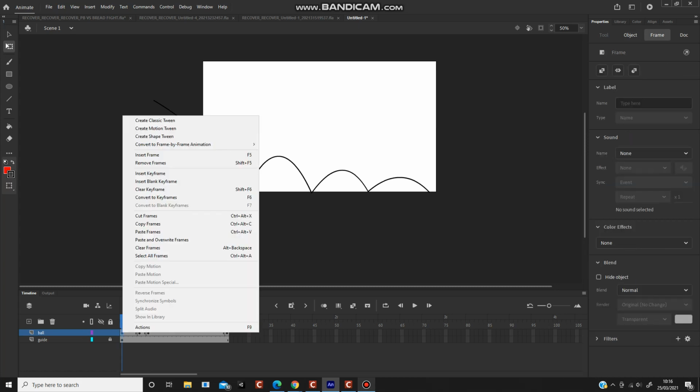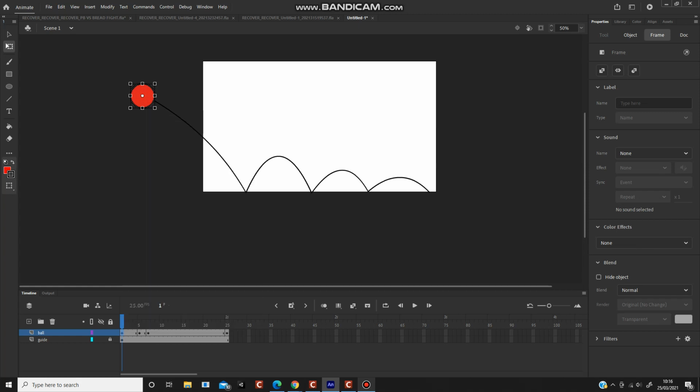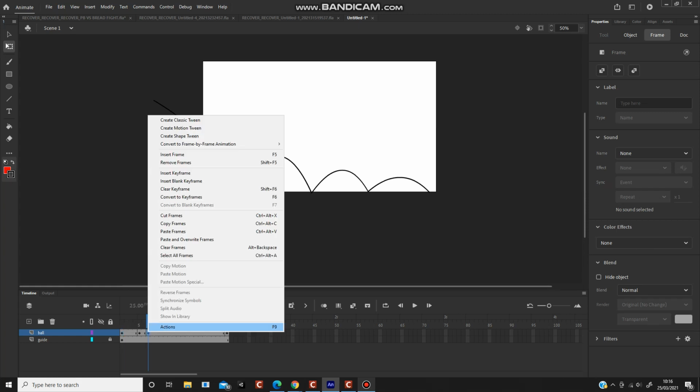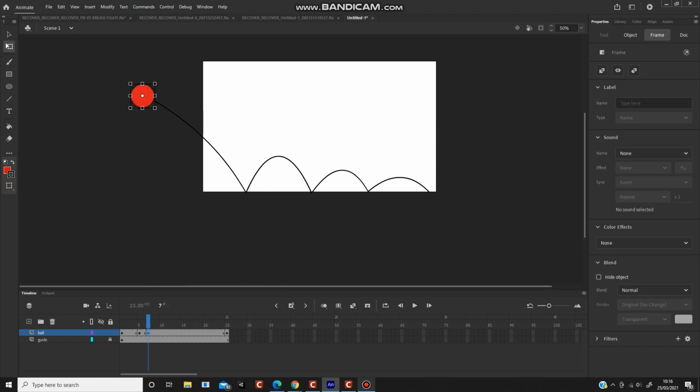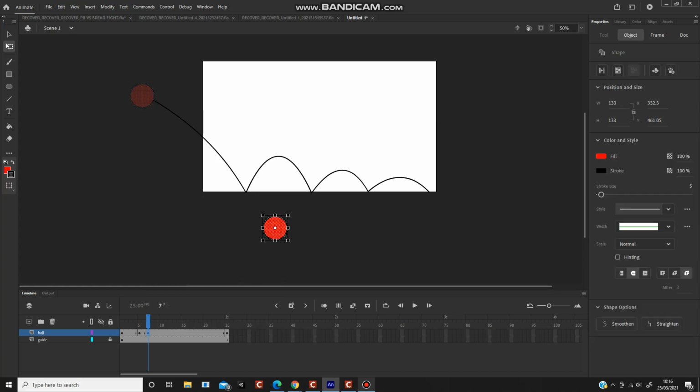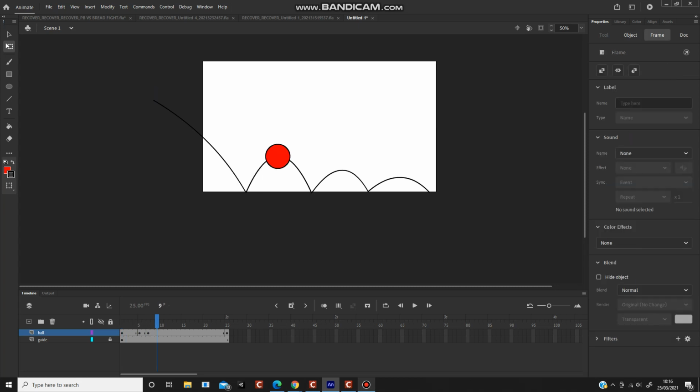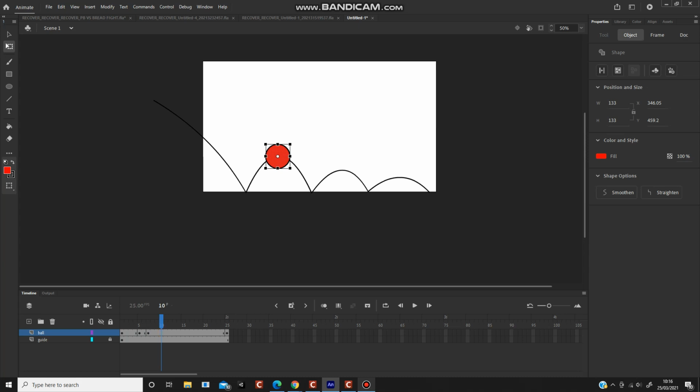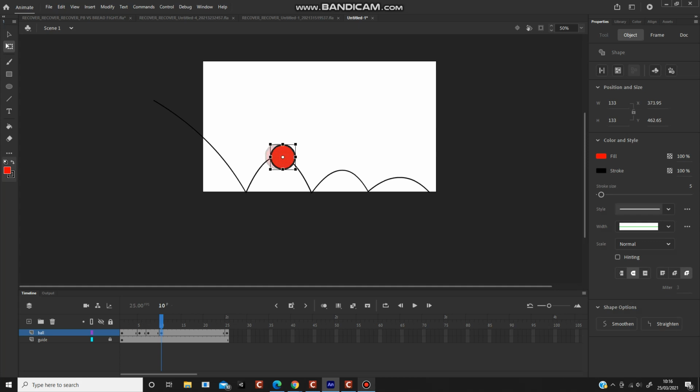and instead of doing that, I'm just going to copy frames, paste frames, and bring that to the top, just like that. So far we've got from there, stretch as it hits the floor, and then it's got to come back here and just going to enter another new keyframe, bring it down to the bottom there, a little bit less squash and stretch,